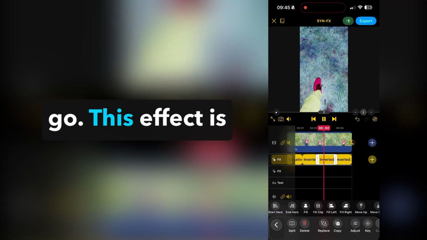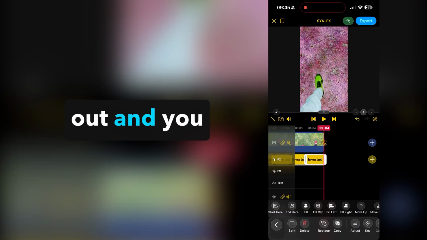So there you go. This effect is free, so just try it out and you can use it as many